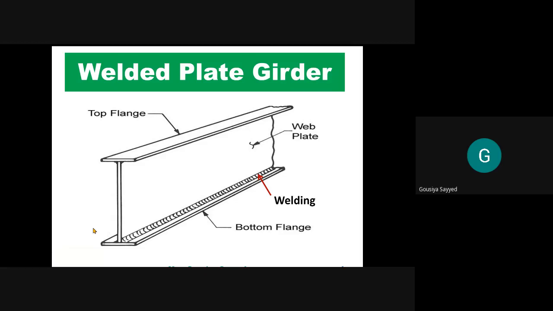But the welded plate girders are most popular nowadays because there are a number of advantages over bolted connections. So what are they? The first advantage is that the self weight of welded plate girder is reduced. Second, it is superior to riveted or bolted in terms of simplicity and efficiency. And welded plate girder is nowadays most popular because of advancement in welding techniques. That's why here we have to discuss welded plate girder.